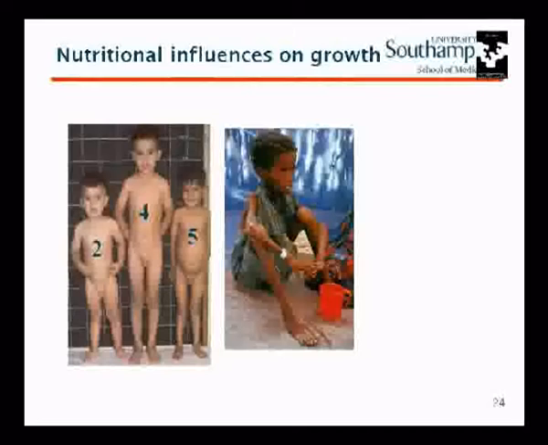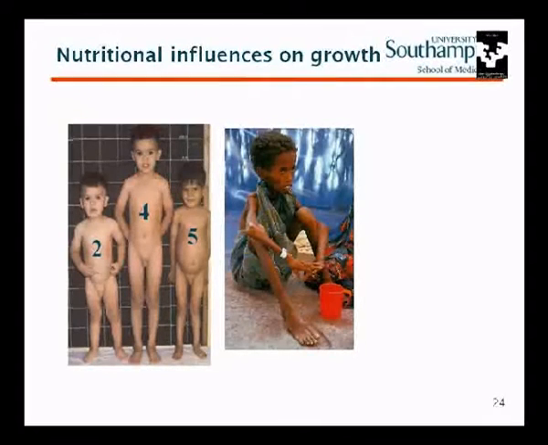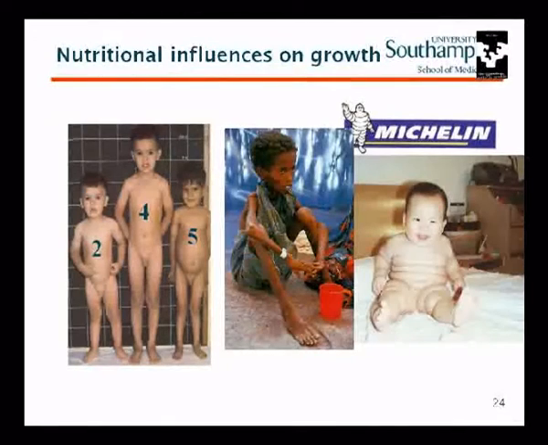This child, that's marasmus. So that child has a normal height, but is too thin. A lot of muscle wasting, a lot of reductive adaptation. Okay? And this child,